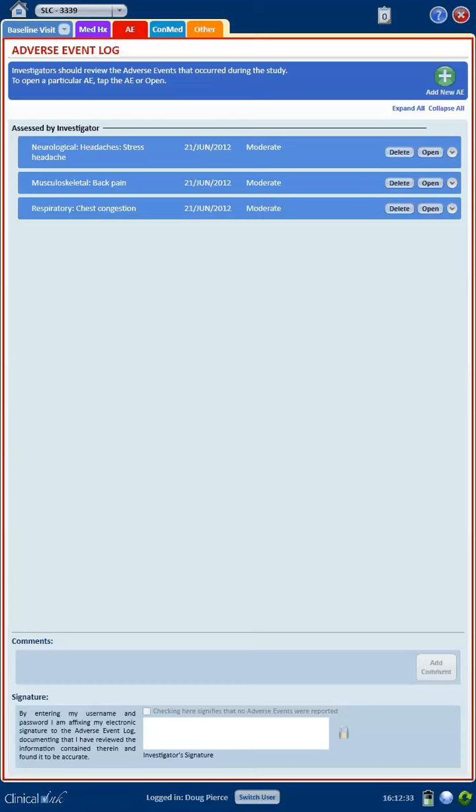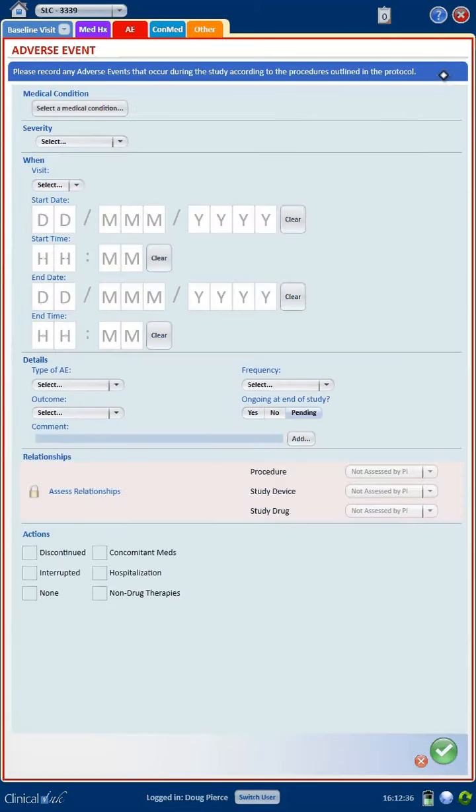At any time during a visit, you can access the medical history, adverse event, or ConMed screens by selecting their tab. Watch while I enter a new adverse event. First, I select the AE tab at the top of the screen. Next, I select the Add AE button and then the Select a Medical Condition button, which opens a list of